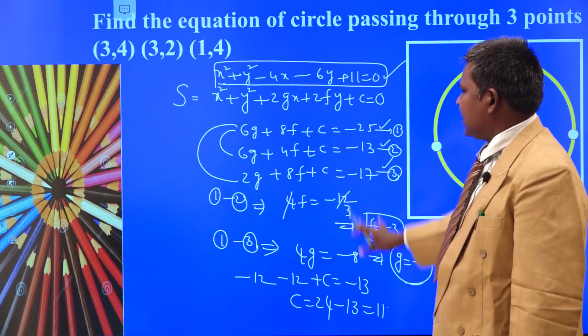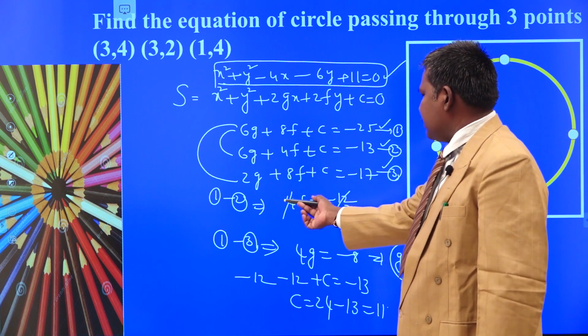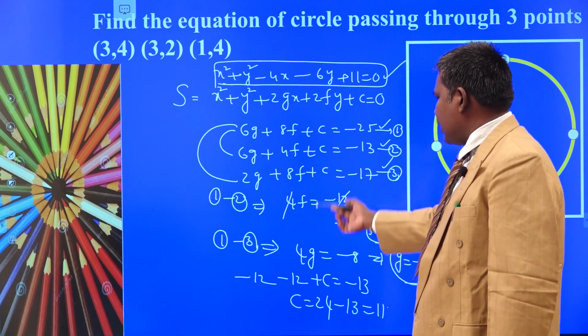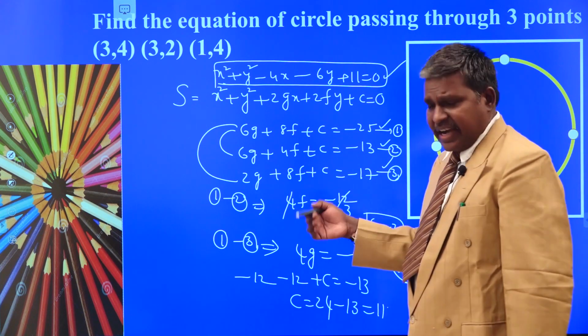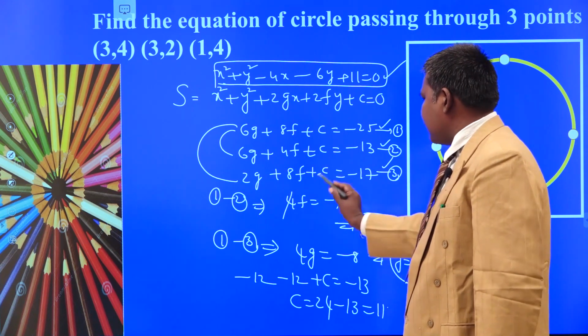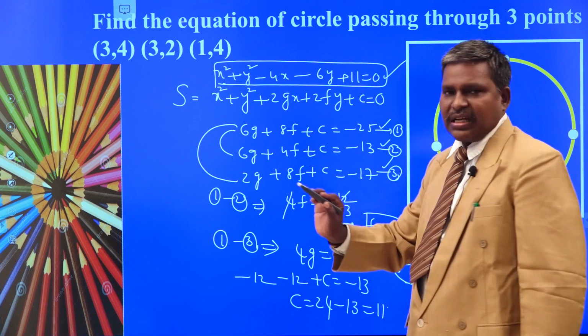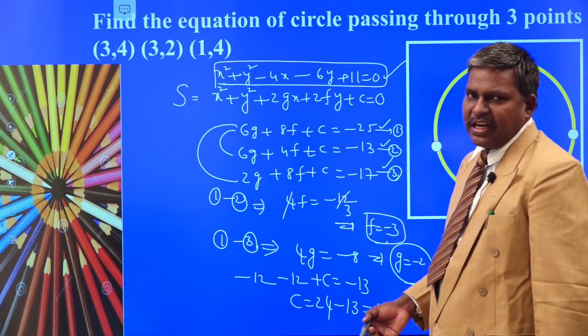So this is the general method. Here the solving is very easy for you. There is no g here, there is no f here. That is why we obtain f comma g values directly. Sometimes, or rather 90% of the time, we have f comma g equations. This is the equation in terms of f and g. This is also an equation in terms of f and g. By solving these two equations, we obtain f comma g.